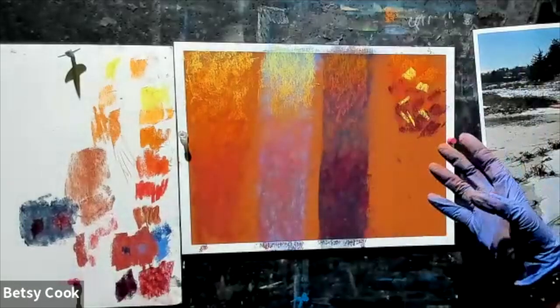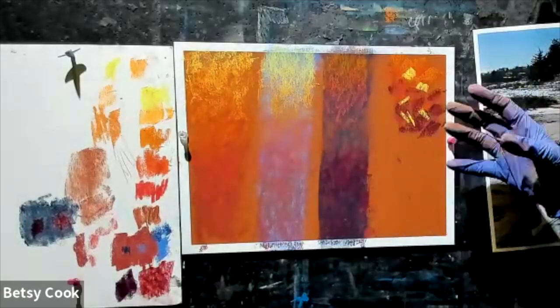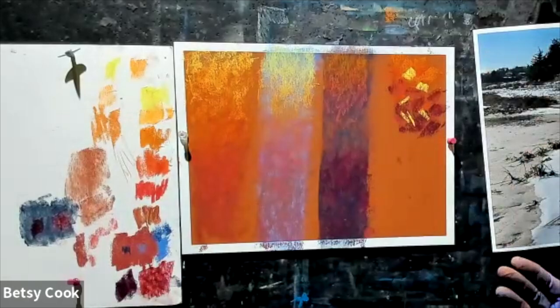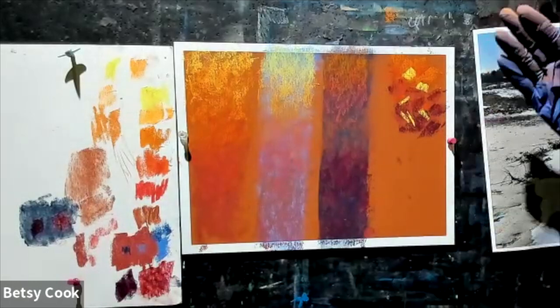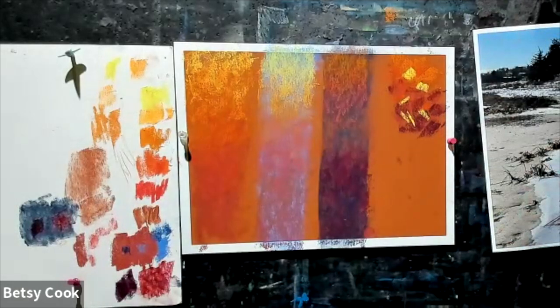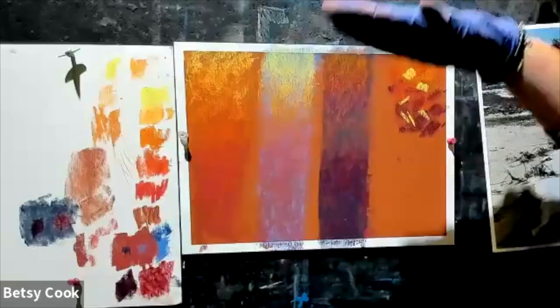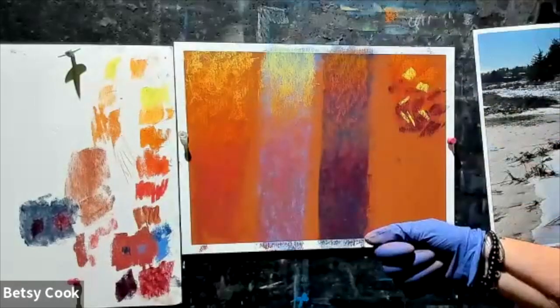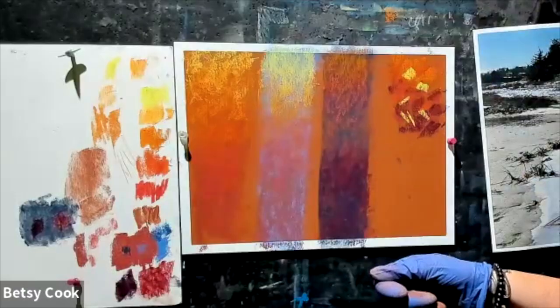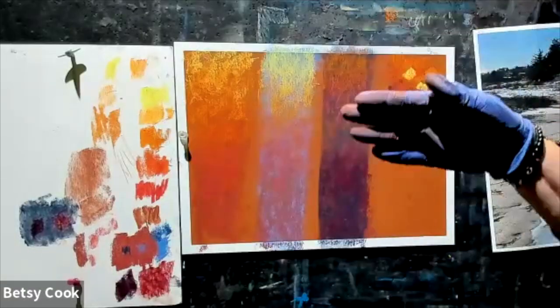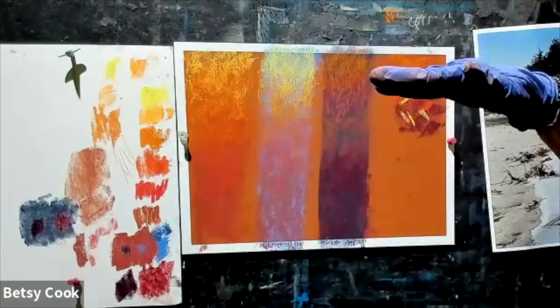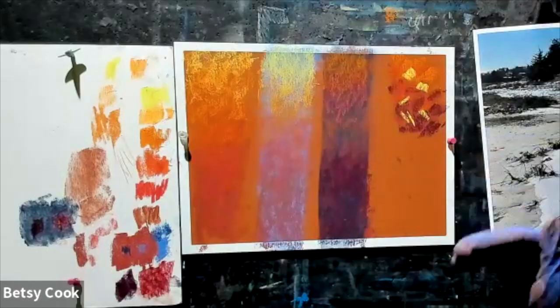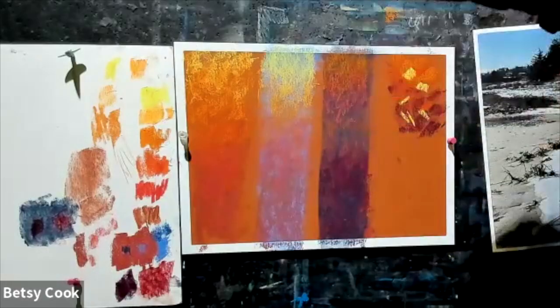All this sort of thing just helps to create that sense of shifting values within an object instead of a flat surface that winds up looking like you have a flat sky behind it. It winds up looking like someone pulled a curtain down. Put a variety of colors in that sky. Just keep that value similar and have it change ever so slightly as the sky then moves up into the